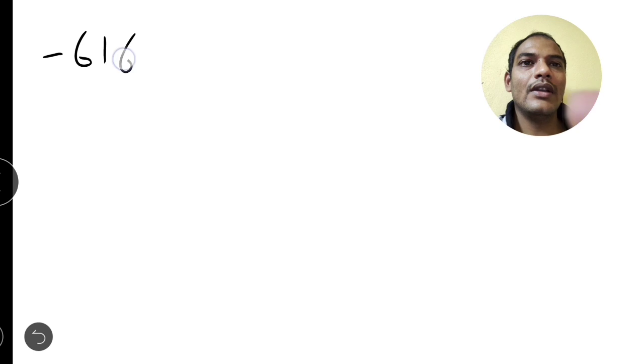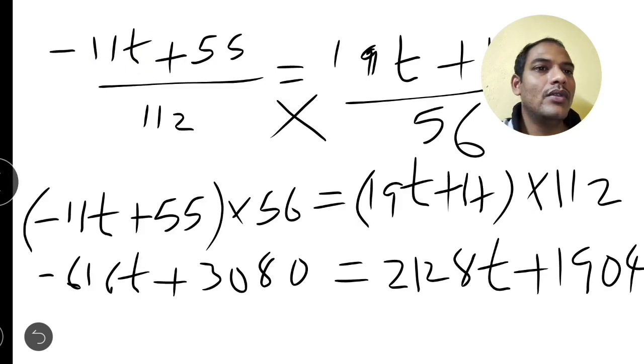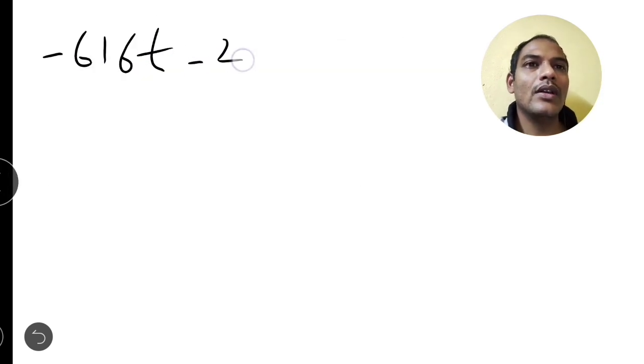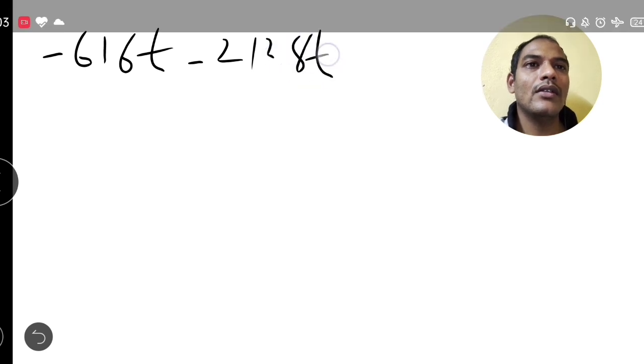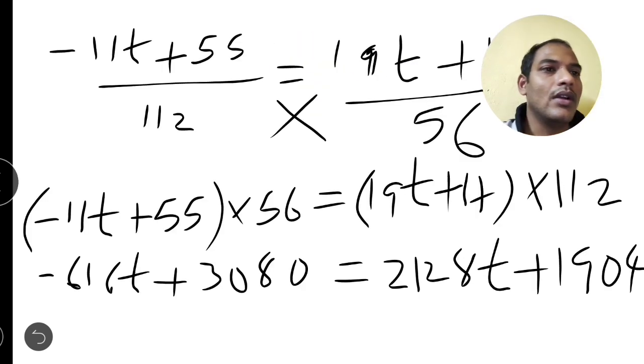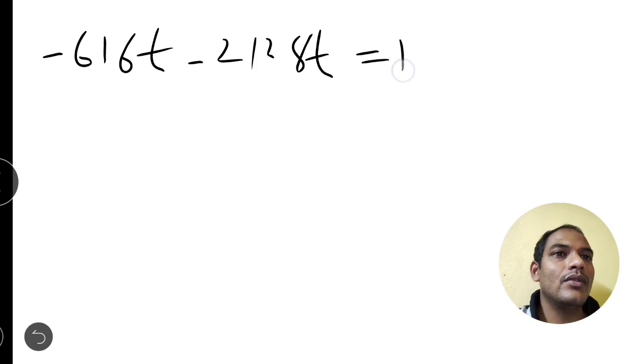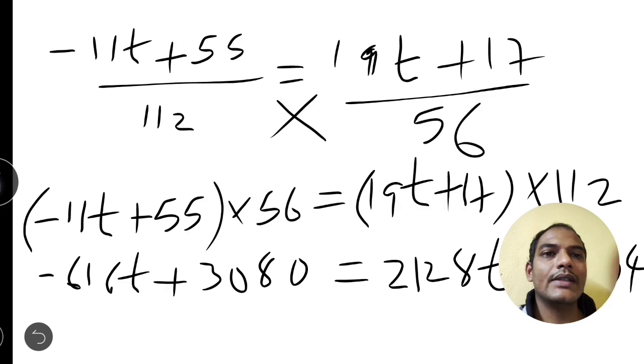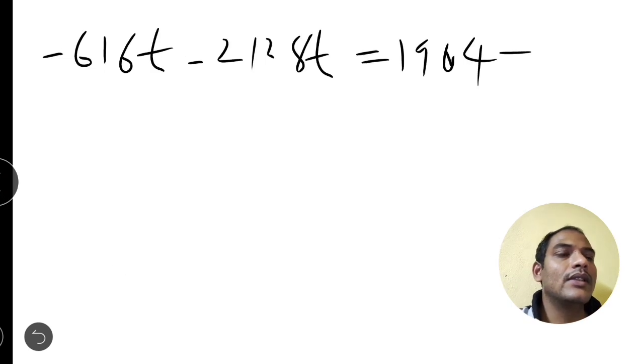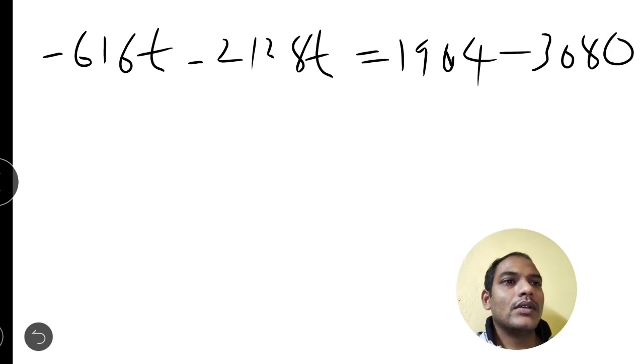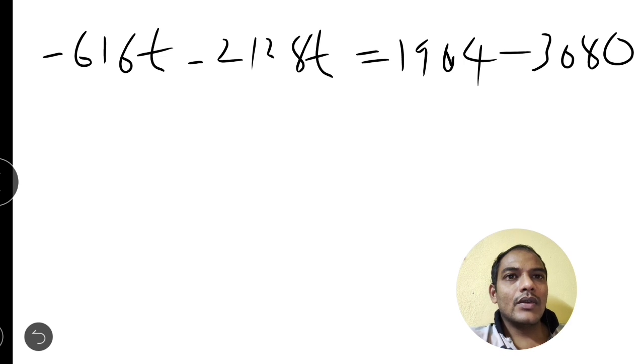So the left side variable is 616t, the right side variable is 2128t, so then it will become minus 2128t. It is equal to the constant numbers 1904, next minus 3080. So minus 616t minus 2128t equals to